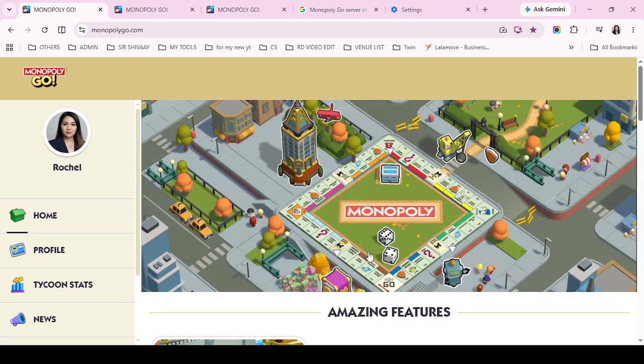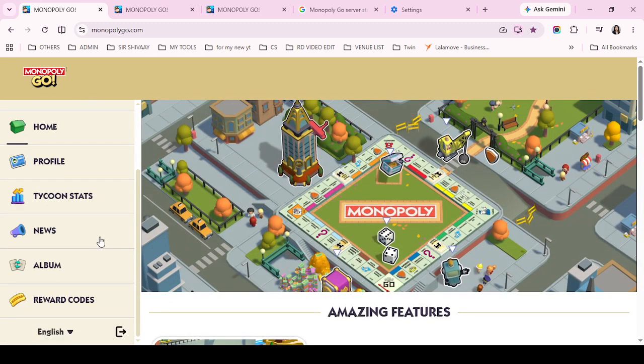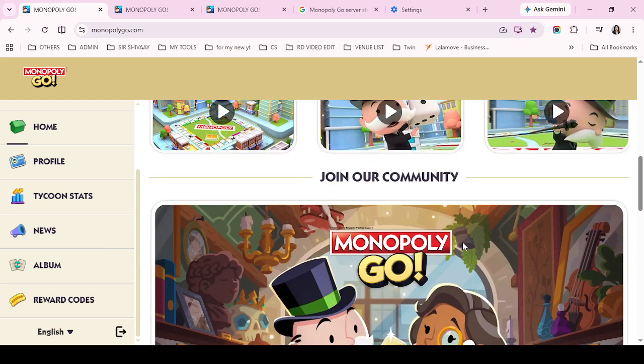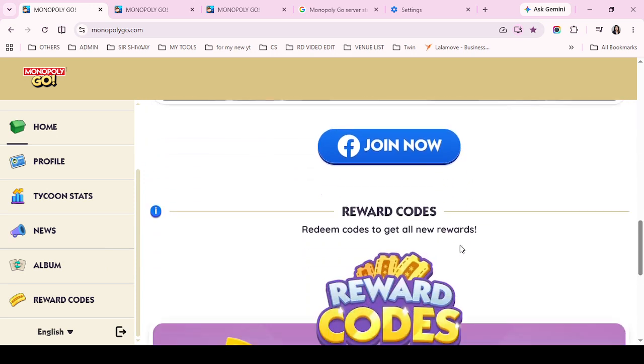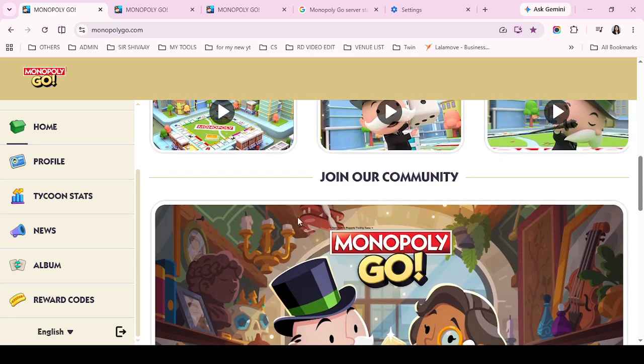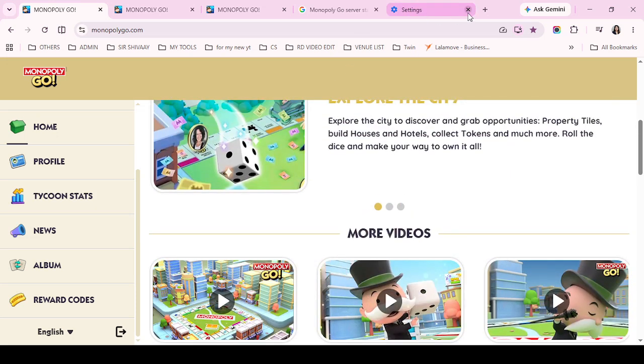This link is unique to your account, so it's the one that allows the system to recognize when someone joins through your recommendation. When you copy it, make sure you grab the full link exactly as it appears so it works properly when shared. After that, the next step is to share your referral link on friend exchange web pages